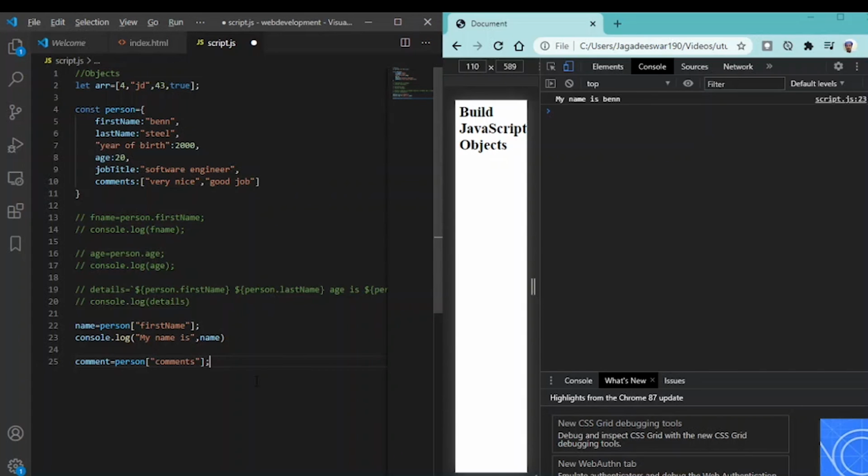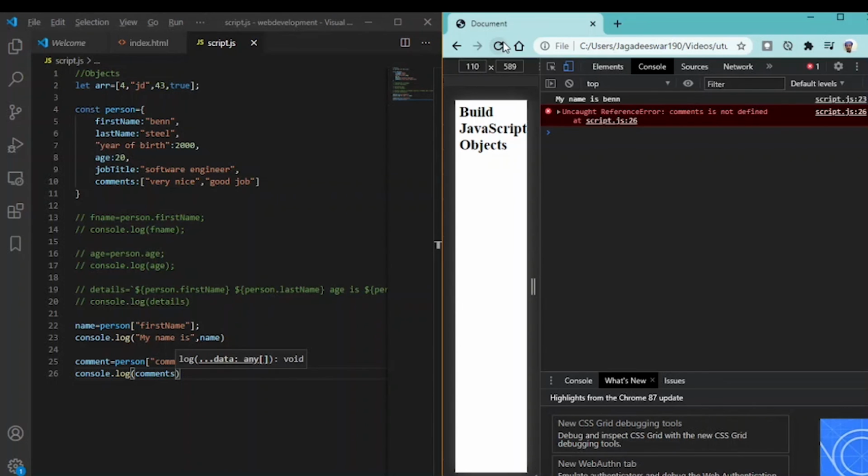Let's save the file and print it to the console.log comments. If you look here, it's going to show the array, where the first array items are very nice and good job.